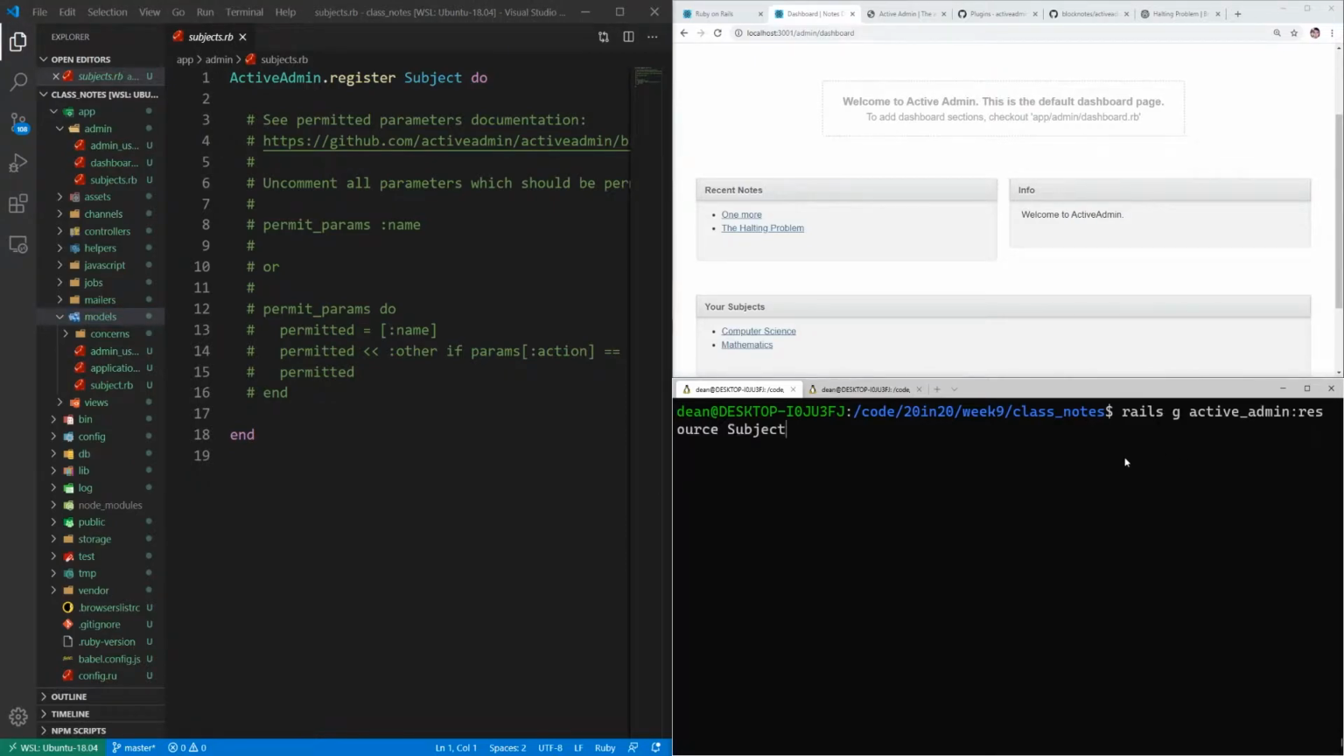So now that we've created our subjects, let's go ahead and do a rails g model for the notes. So we're going to have a note. Each note is going to have a title. It's also going to have a body of type text. And the title is just going to be string by default, so you don't need to put :string after that. And then it's also going to have a subject: